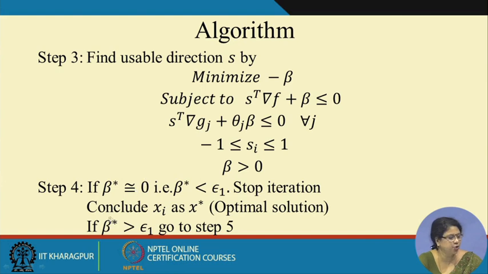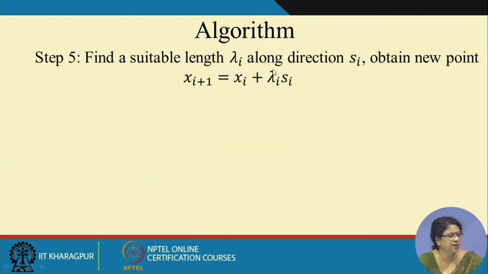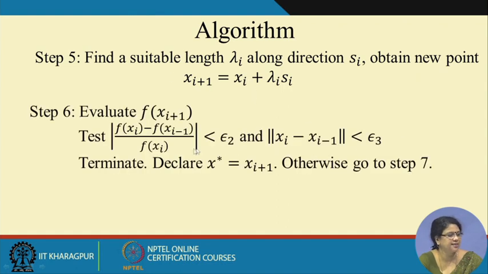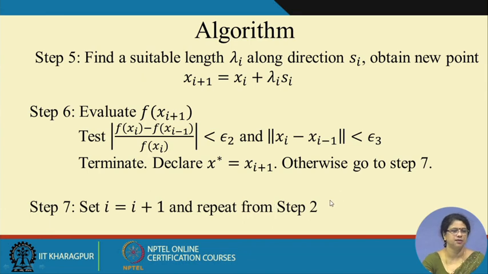Okay. That is why our stopping criterion would be, if the beta value is very small, we can conclude that the optimal solution is that one. Okay, that is the thing for you. Now this is step 5. Once we get S_i, we will find out a suitable length, and this is the check for optimality, and we will do the solution for this. We will repeat again and again. Now I will explain more about this algorithm,